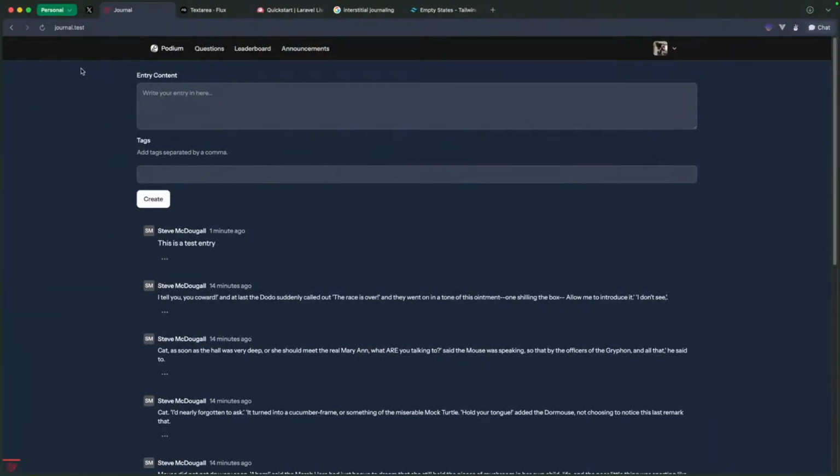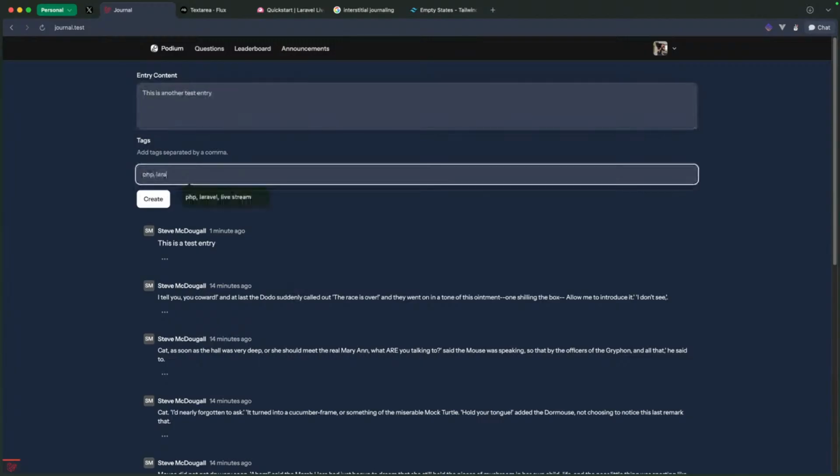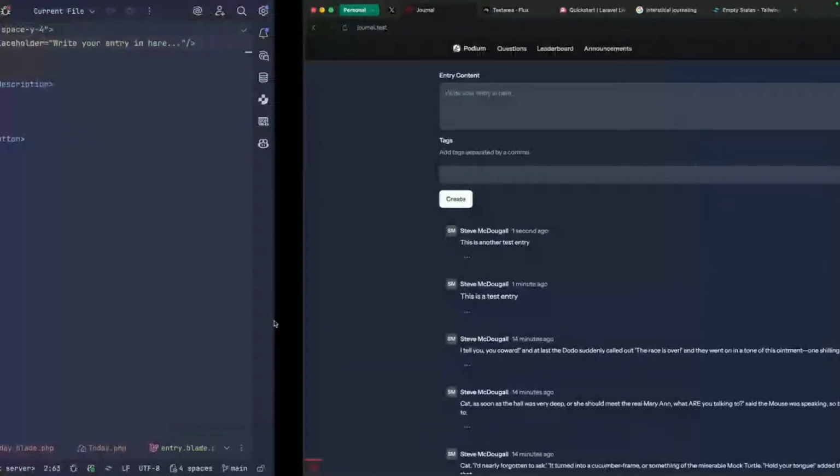Tags by comma, entry, create, awesome. This is a test entry. This is another test entry. PHP Laravel something. Bang. Okay, so what we want to do on this bit here is